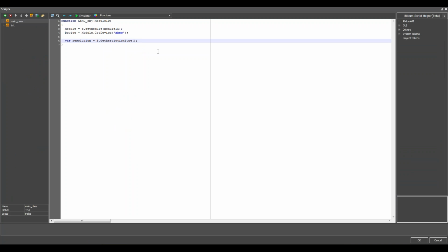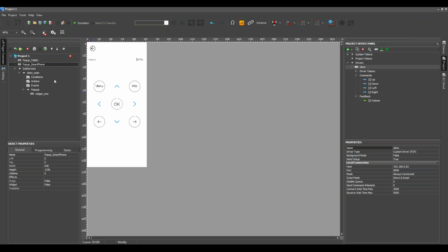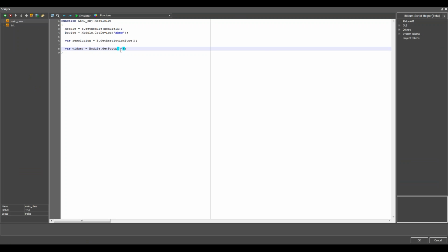So now I should get the link to my widget. First of all, let's create a new variable widget and use the next command: module dot get pop-up and widget name. The widget has the name widget1.